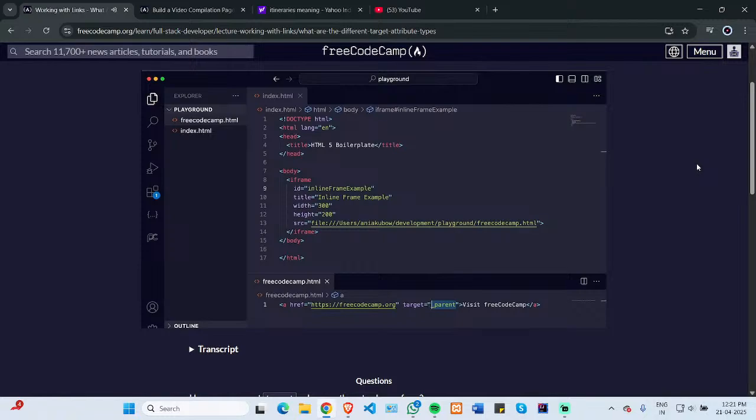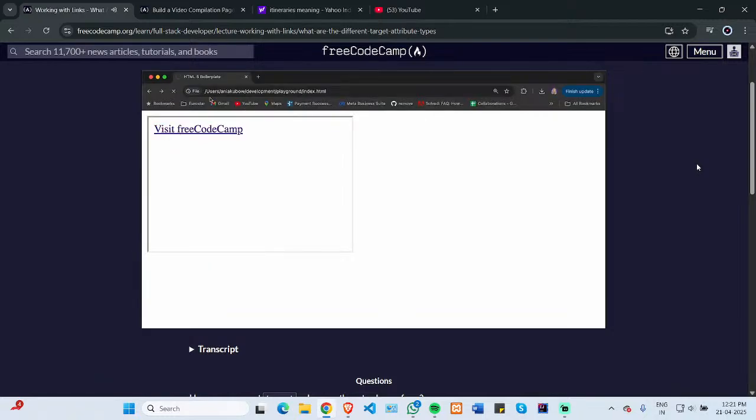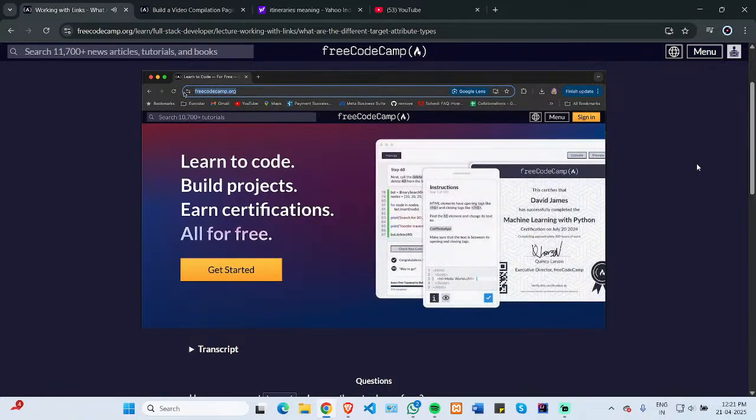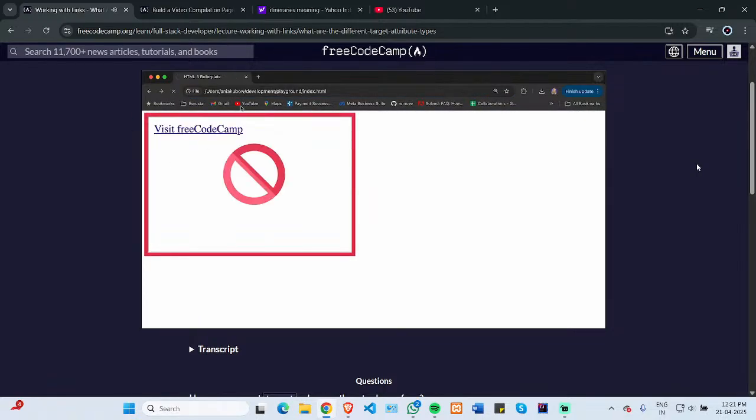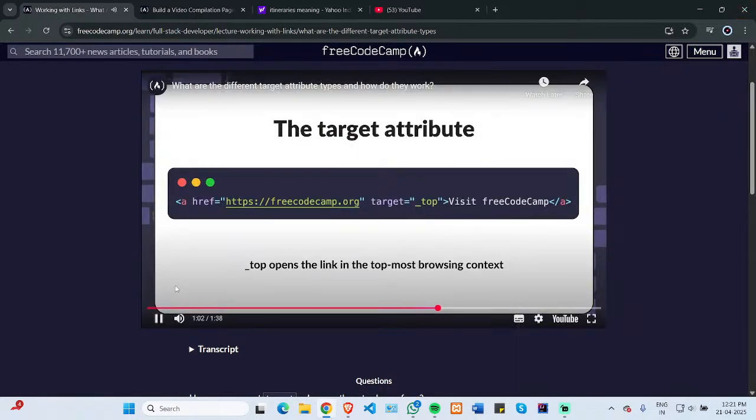For example, if your website has an iframe, a parent target in that iframe would open in your website's tab or window, not in the embedded frame. The fourth value is top, which opens